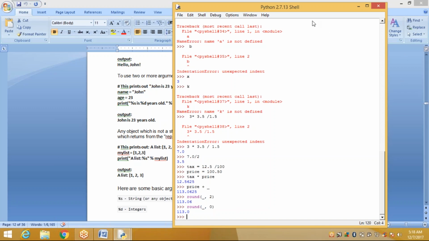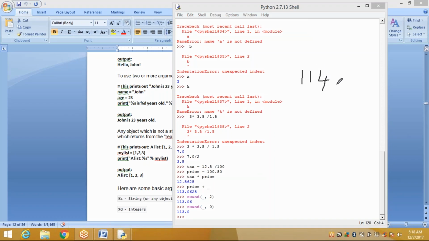When we were studying the list, you have my list equal to 1, 2, 3, 4, where 1 is our 0th position, 2 is our first position, 3 is our second position, and 4 is our third position. So similarly, when we round 113.0625 and put 2, will the digits after the decimal point not consider 0, and just start from 1?